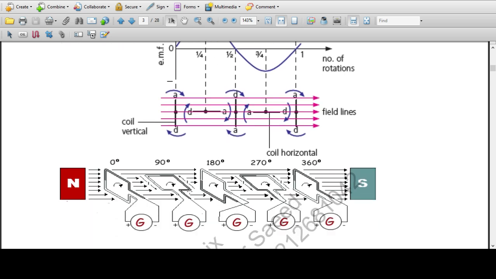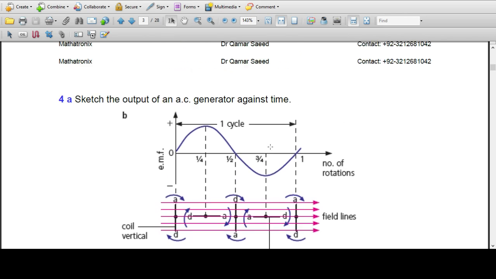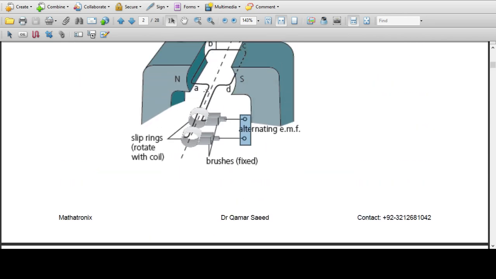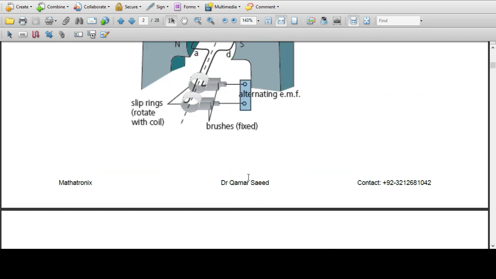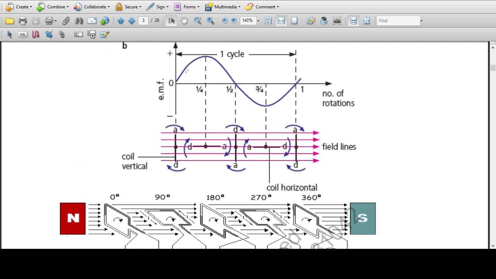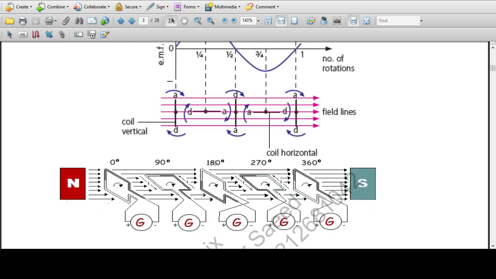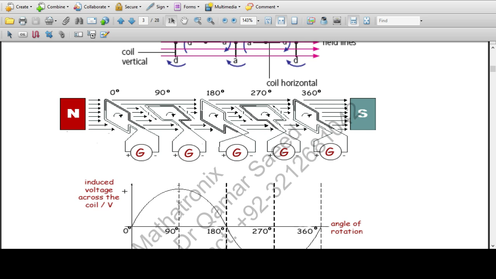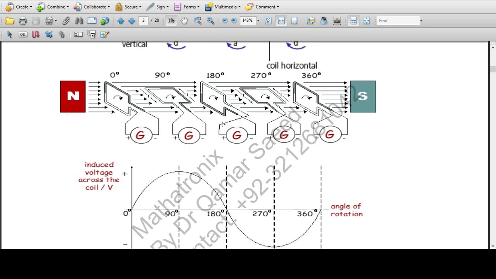So this is A and this is D. Yes, A is here, D is here. In that case, voltage will be induced at maximum. When again this is in parallel, in the parallel condition EMF induced will be 0,